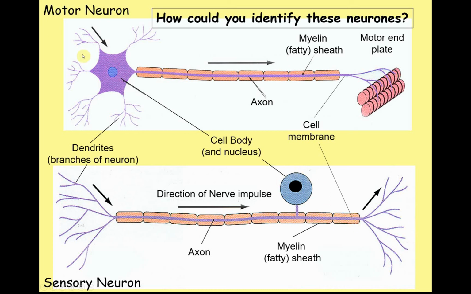Now, look at where the cell body is in different positions. In a motor neuron, it's at the end of the cell and is actually inside the central nervous system. When we look at reflexes later on, you'll see that it's inside the central nervous system within the spinal cord. Whereas the cell body in the sensory neuron would be found just outside the central nervous system, but this relatively short axon here would then go into the central nervous system and make connections via these dendrites to relay